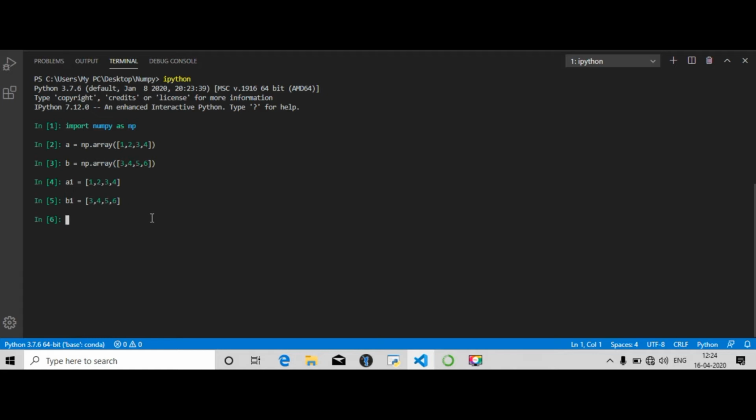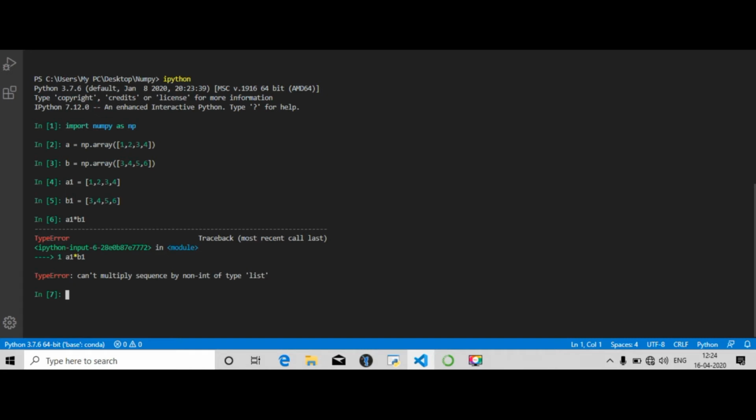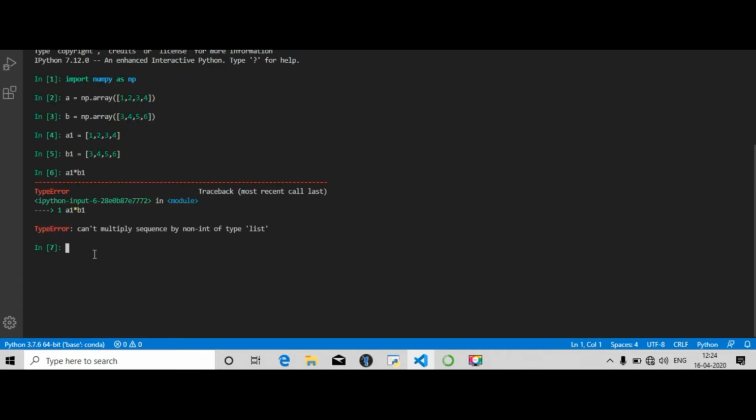If I do A1 into B1, that is multiplication of two lists, it's going to give an error. But if I do A into B, which is two arrays of NumPy type, I'm going to get an array which is element wise multiplication of A and B. You can see here 3 and 1, and 4 and 2, is the element wise product you'll get.